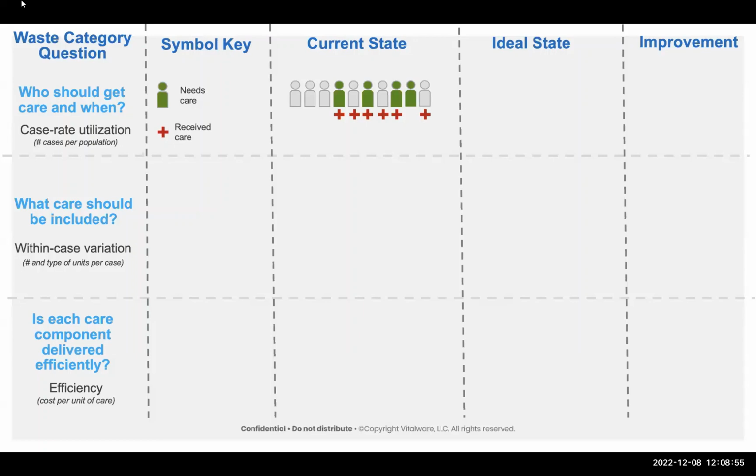So the first symbol we see is needs care, is the green men or women, and the receive care. So we see that we have some gray icons that received care but didn't need it. In the ideal state, only those that needed care would get it, and early intervention to prevent disease or injury. So we are a system on fee-for-service that spends 80% of our dollars in the last 20 days of life, usually, according to the Medicare back a couple years. So we're spending a lot of money, but we don't do early intervention.